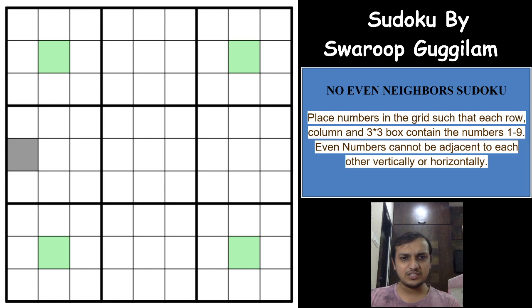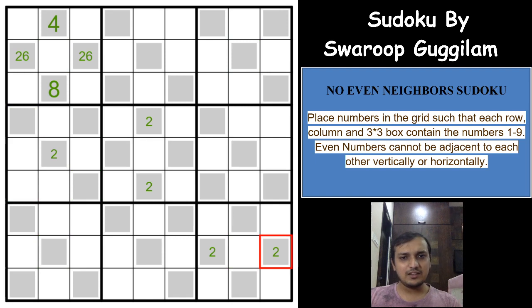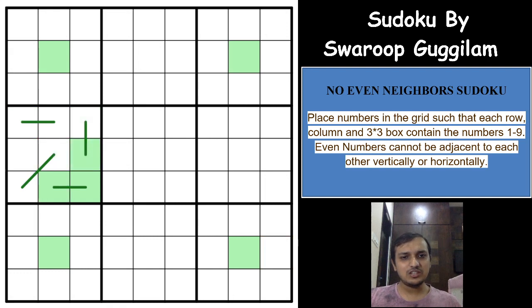So if you place an odd digit here, you will again form the same pattern, the pattern which we came across. One of these two cells, one of these two cells, and one of these two cells have to be even, right? Which means that one of these two cells has to be even, which makes this cell odd, which makes this cell even, and even. And you cannot have this cell being even because again you form a 4 corner boxes, even boxes pattern. And again if you have this cell as even, you will form the same pattern here, which will again give a flaw, right? Which means that these 4 cells also will have to be even in any case.